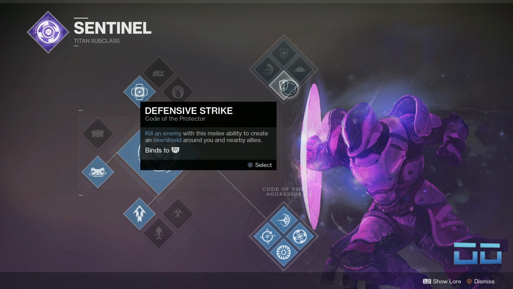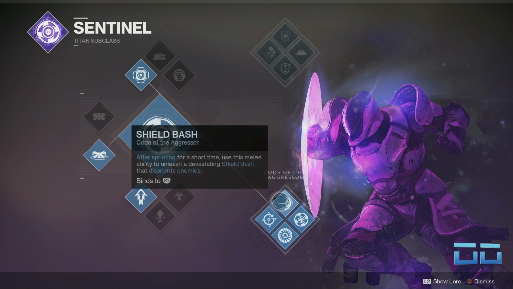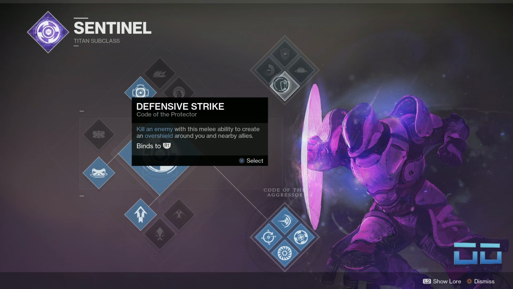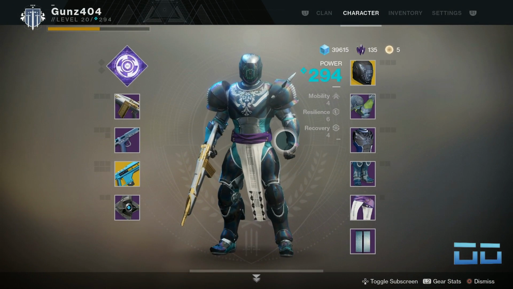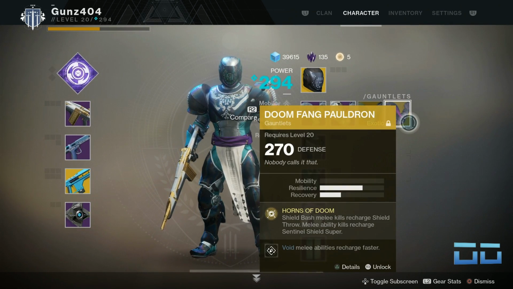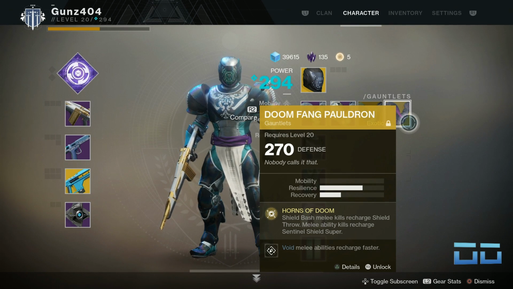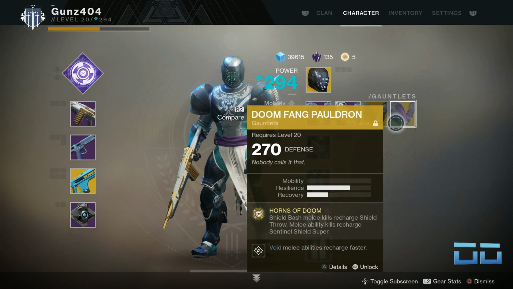These are about the same in terms of damage dealing, Defensive Strike and Shield Bash. The difference is this one gives you an overshield, this one disorients enemies, and you have to be sprinting in order to do it. The Shield Bash does do a little bit more damage, but not by much. Not enough to make me go, no, I don't want an overshield. You always want the overshield. However, this requires you to rely on your ability cooldown. So this works if you want to stack melee cooldown on your gear for your Sentinel. Stack a ton of melee cooldown and it would work, but it's vastly